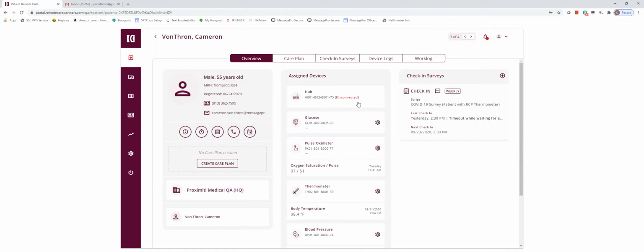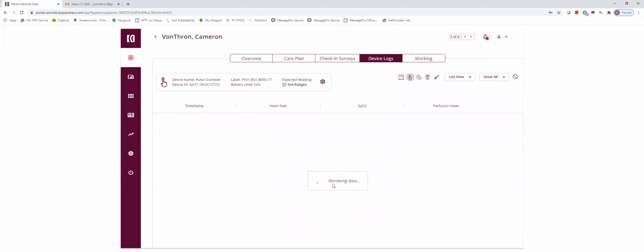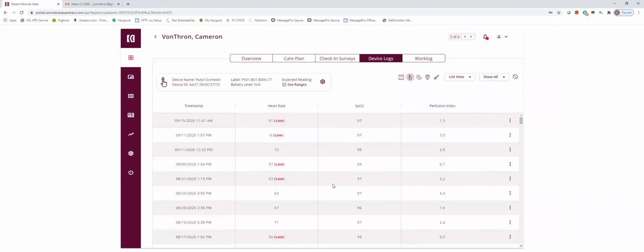So when you're looking at the devices, again, like I mentioned before, the billing code 99454 is the one where you get compensated by Medicare each month for the collection of data from the physical devices in the patient's homes. Now, when you're here looking at that, you can see that these are the readings that you receive, and they're all timestamped, so you know exactly when a